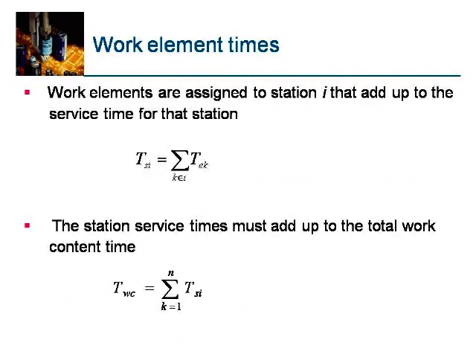This is the total work content. The total work content is a sum of minimum rational work element times, and that is called total work content. TEK is the smallest, indivisible time required to complete a given work element, and N is the number of work elements. Each of the N elements takes TEK, and the sum of that is equal to the total work content.